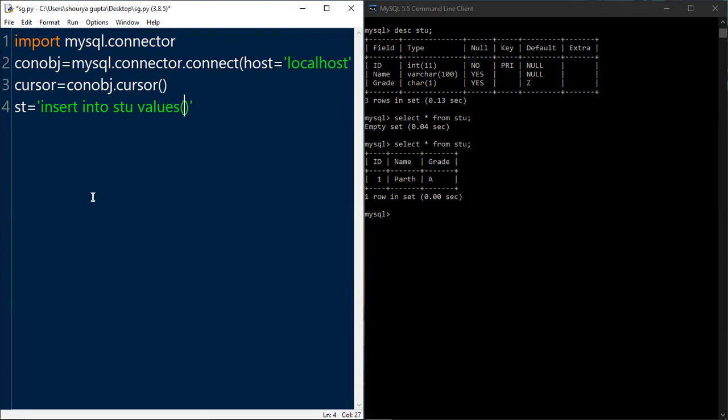Now we will pass our values for the table in the same order as our fields. As we can see, first is ID for integer. For integer values, they can be passed simply as numbers, 1 or any number. Then, separating by a comma, we have to pass name, which is a character value, as we can see, varchar. For that we have to write it in quotes. We can pass a name like